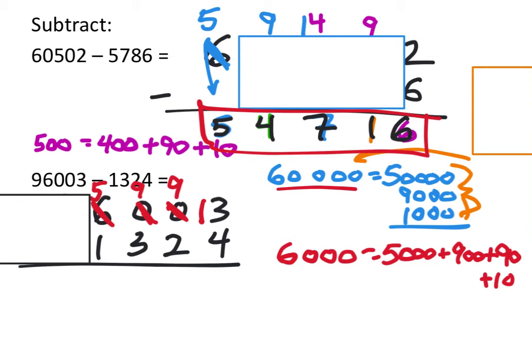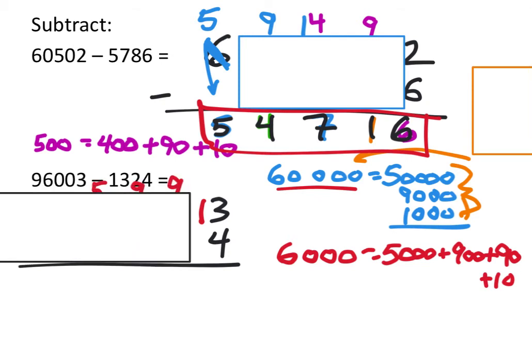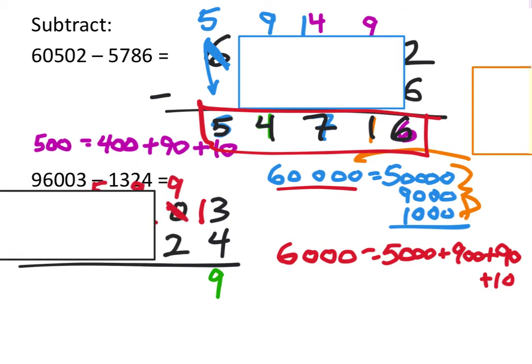So even though I've changed the way that the number looked, I have not changed its value, which in mathematics is crucial. If you're able to acquire that skill, changing the way values look without changing the actual value, you can go places in math, okay? So I'm looking at this as 13 minus 4. 13 minus 4, 3 fingers up, 4 fingers down, I got 9 fingers up. Boom. That's in the ones place value. Let's go to the tens place value. 9 minus 2, 9 fingers up, 2 fingers down, 7